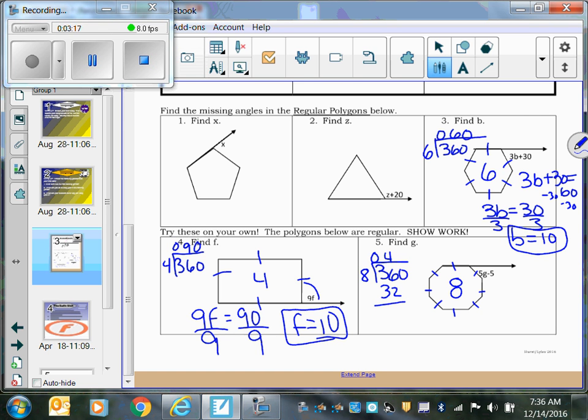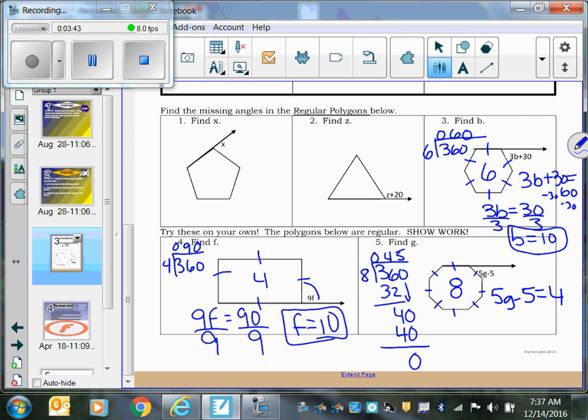And now I have to do 6 minus 2, which is just 4, and 3 minus 3 is 0, so we can just forget about writing that down. But I do have to bring down that 0. When I bring down that 0, I get 40. And does 8 go into 40? 5 times. Perfect. So now I know that my outside should be 45 degrees, which means I can set this 5g minus 5